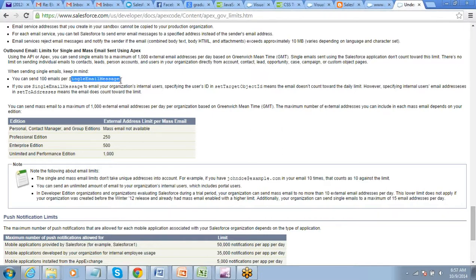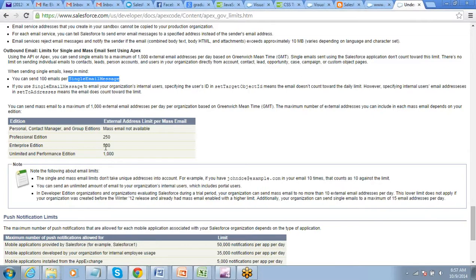Per single email message means, remember we had created a trigger, and in that we defined two addresses, which was a list of strings. If it is a single email message, that list cannot be of more than 100 emails. So one send email method cannot send emails to more than 100 if it's a single email message.